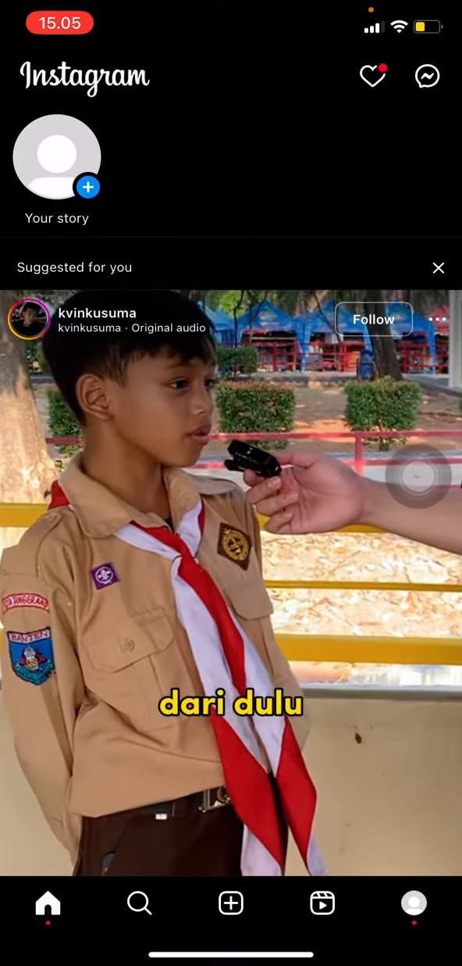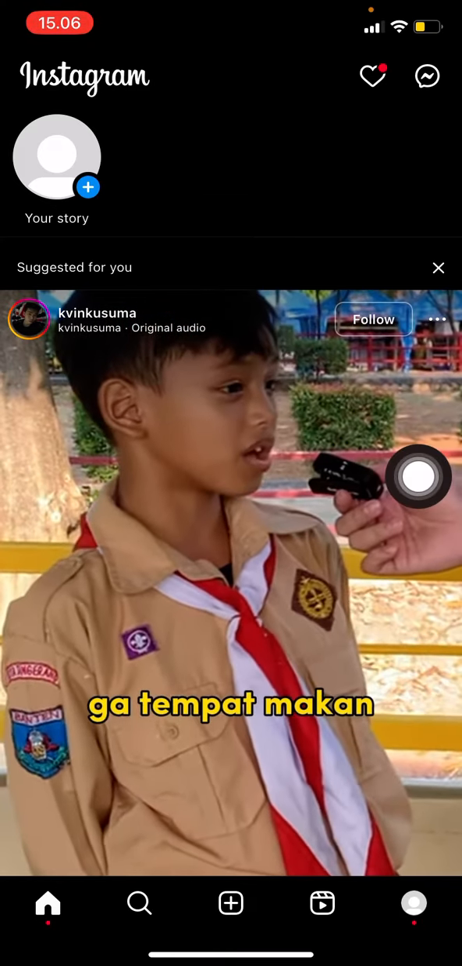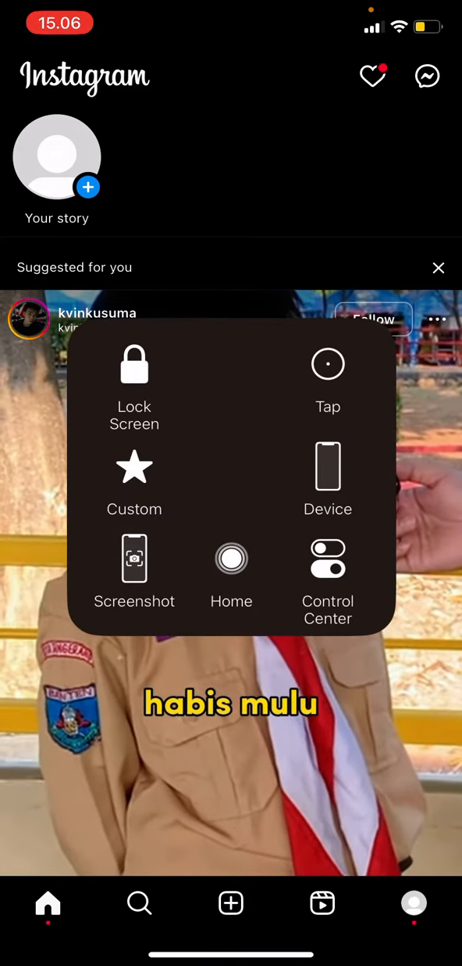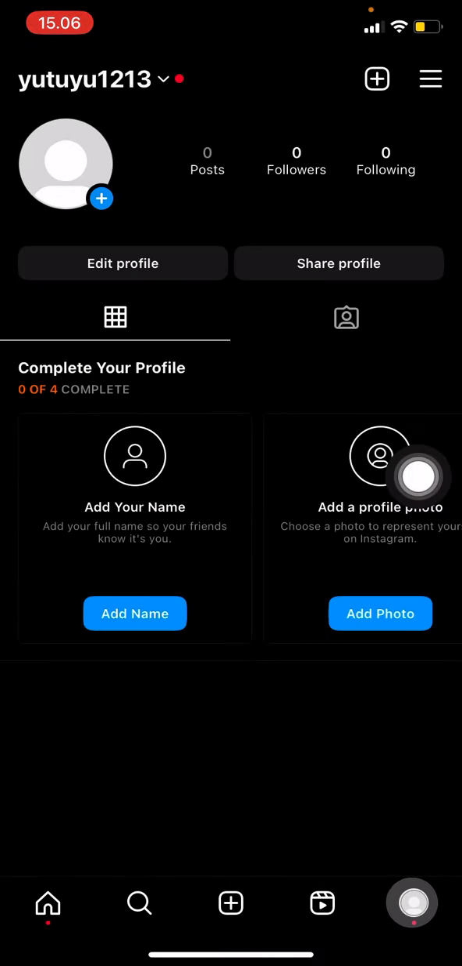Today I would like to share the tutorial on how to delete or deactivate your Instagram account that is no longer used on your phone or device. So here I already have the account that I want to delete from my phone, and what we're going to do is just go into the profile section over here, and then in the upper right corner,